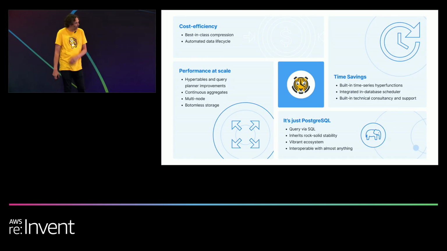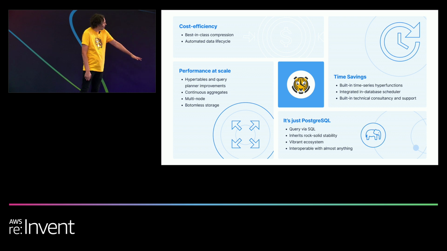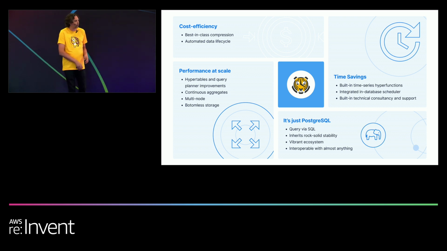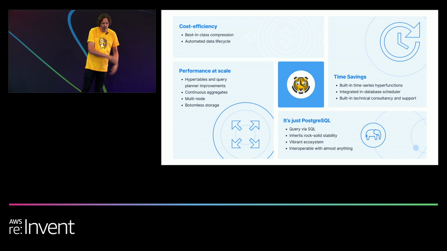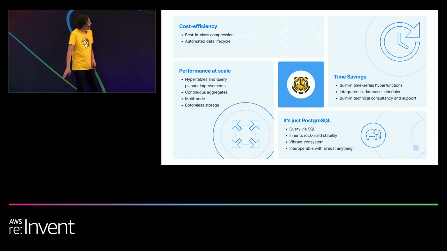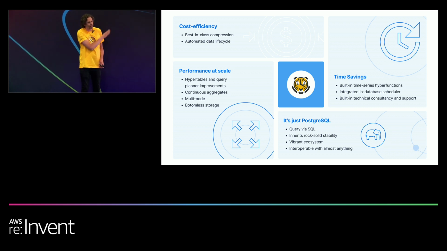So here we've got a sort of block diagram that shows our key features. And obviously, we're not going to be able to go through all of these features today, because this is a very short talk. But I want to sort of touch on a couple of them and pull them out to talk about. So one of the first things I want to talk about is our best-in-class compression.